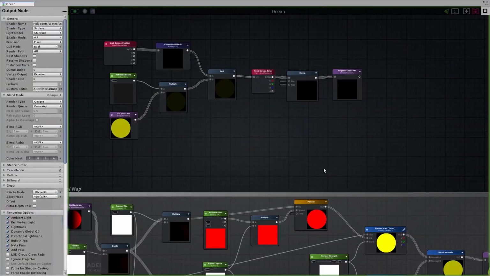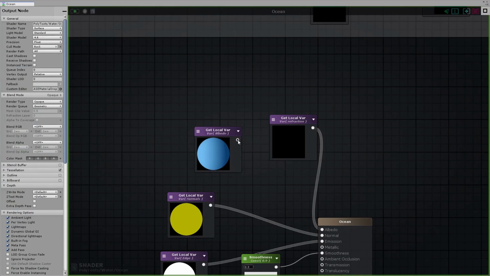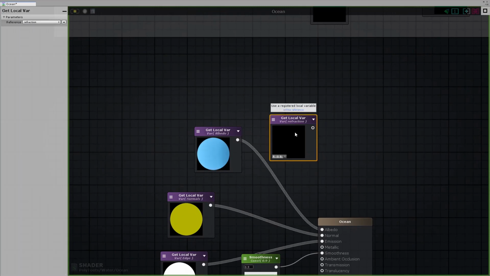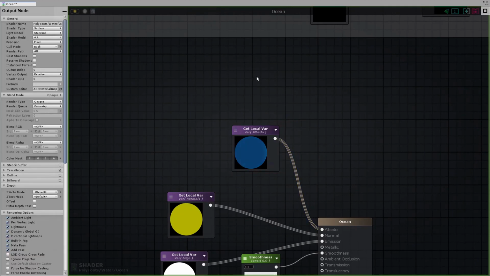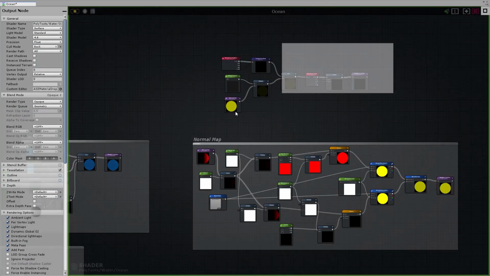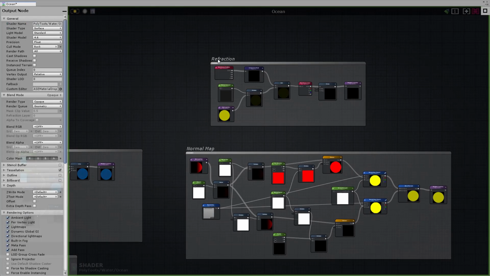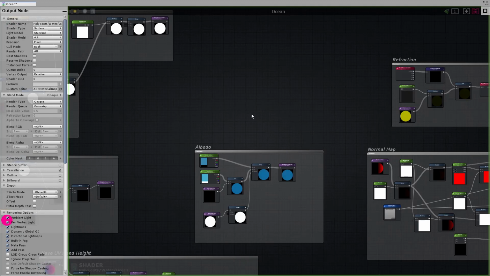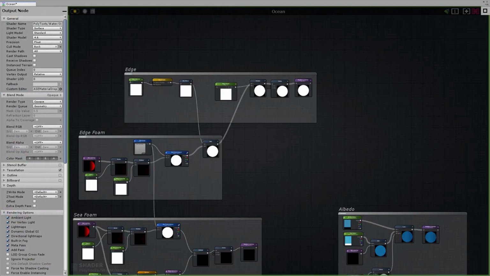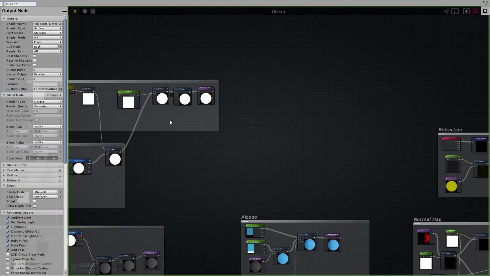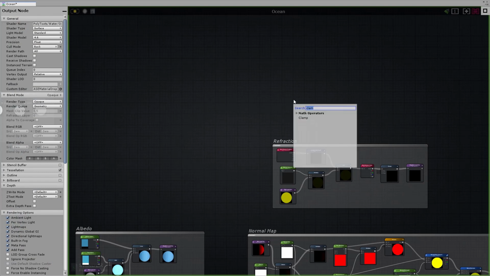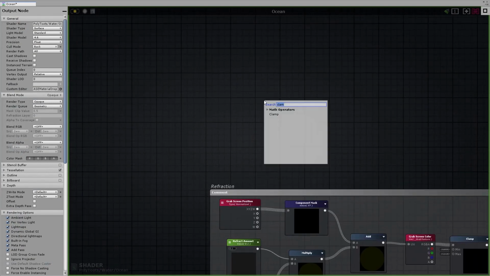Let's just build all of that, and first of all, let's put the albedo back. So we'll get rid of that for now, because at the moment we have refraction. In fact, let me just comment that, but it's not yet ready to join the albedo. So refraction. Okay, I thought I spelled that wrong. So very similar to the edge stuff that we have over here. What we want to do is introduce another